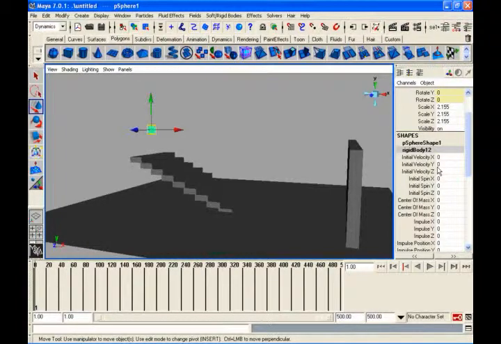Initial means starting. This force is applied at the start frame only, the first frame. Afterwards, there is no influence of that force. It means at the 0 frame, it will put 5 or 10 force energy to push the object forward. After that, there is no influence at all. That force will die after some time, under the influence of gravity, friction, or whatever it is, after hitting something, it will lose the energy.